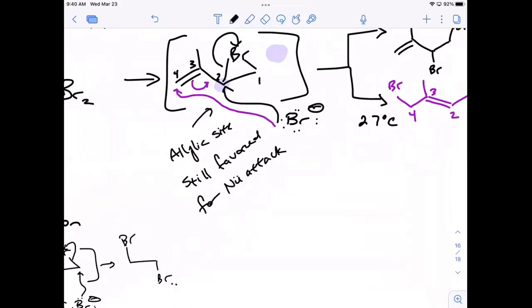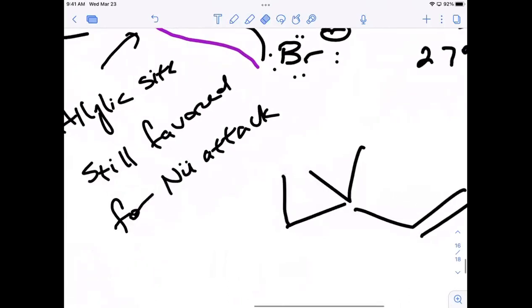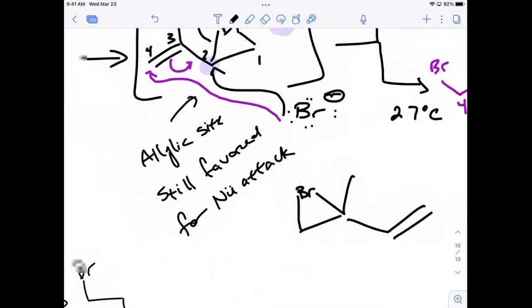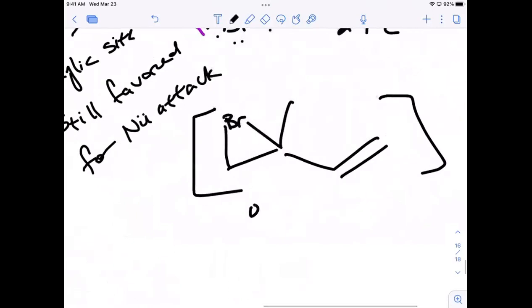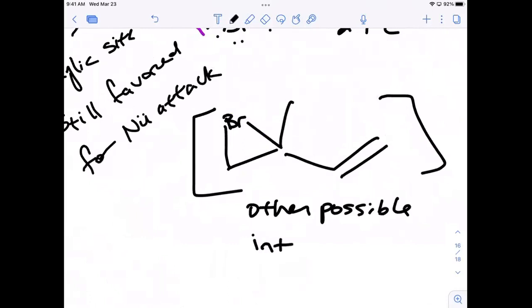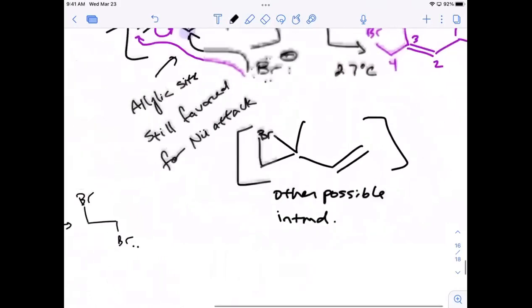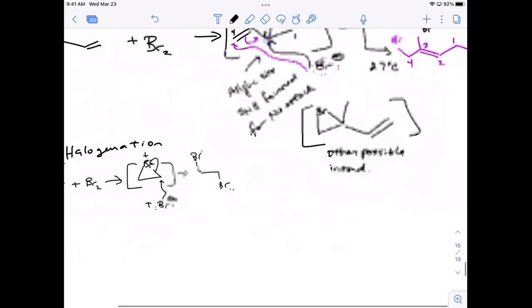that would look like this, where if the bromine was at the like that, right? This is the second possible intermediate. All right. So that's the other intermediate that's possible. But